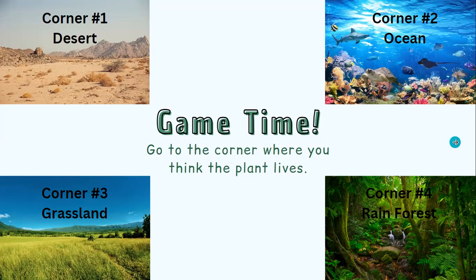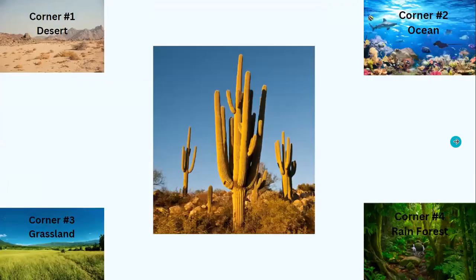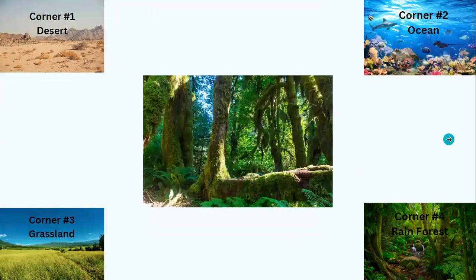Each corner of the classroom will have a picture of one of these four biomes. The game will start with the teacher displaying a picture of the plant on the screen. Students will move to the corner of the environment they think the plant would be found. For example, one plant shown might be a cactus, and a student will hopefully move to the corner representing the desert. After the game has finished, the teacher will call out to the students that plants can adapt and survive in many different environments. However, no matter what environment or biome the plant lives in, plants need some key things